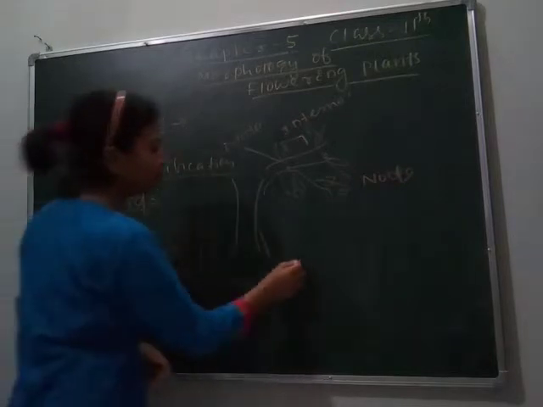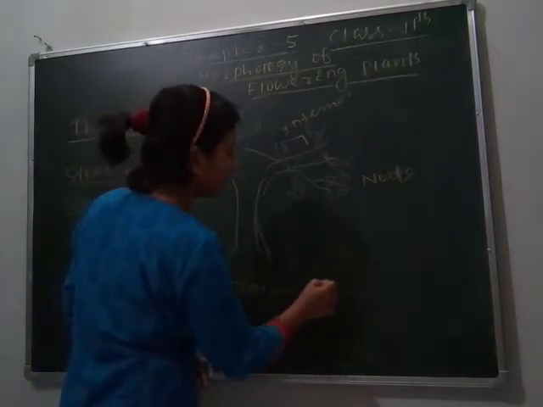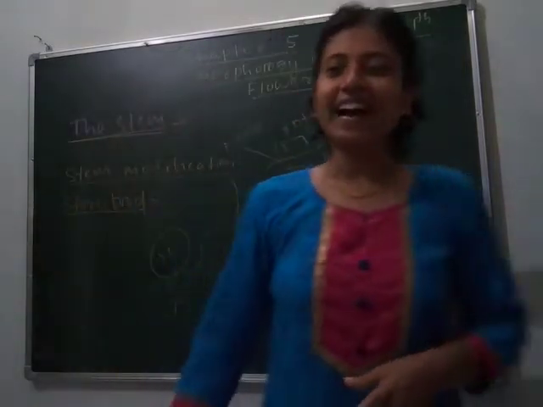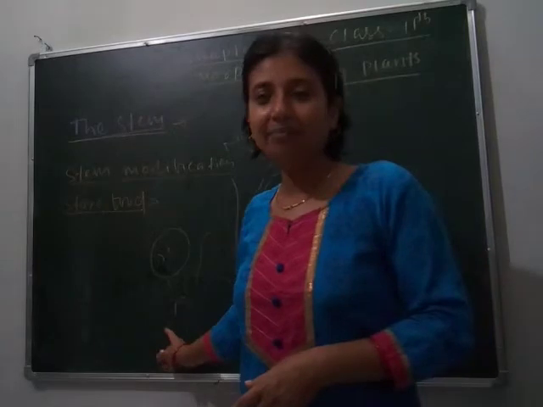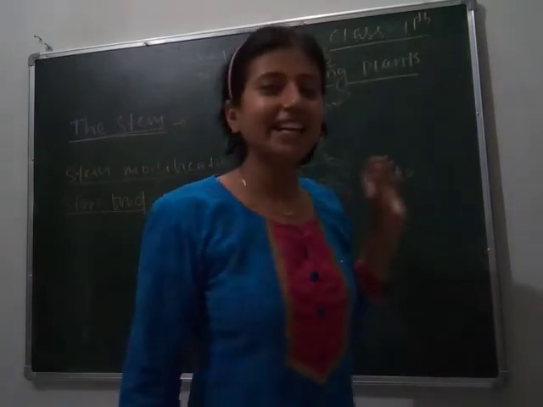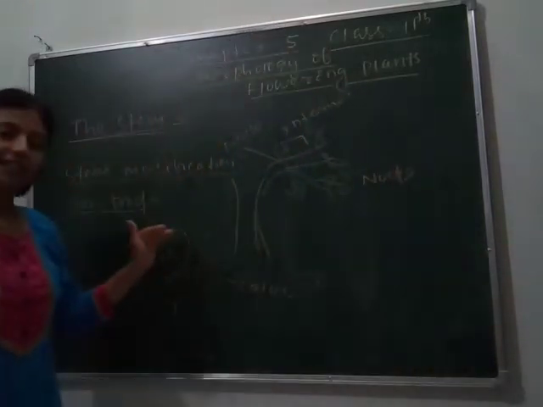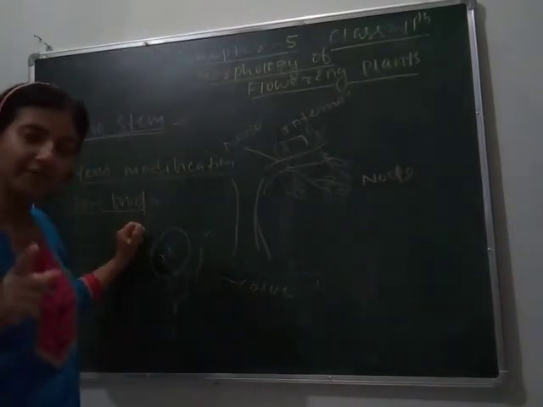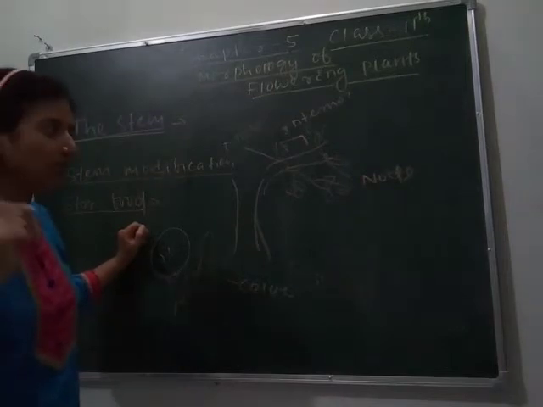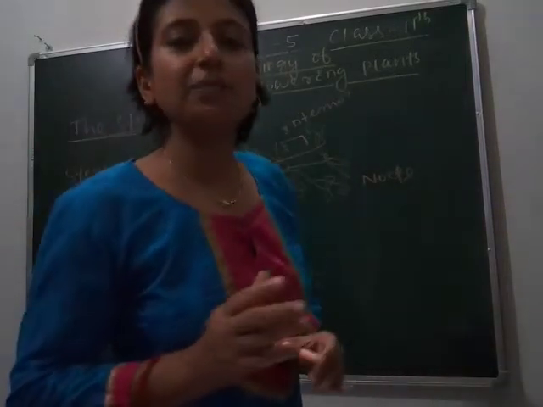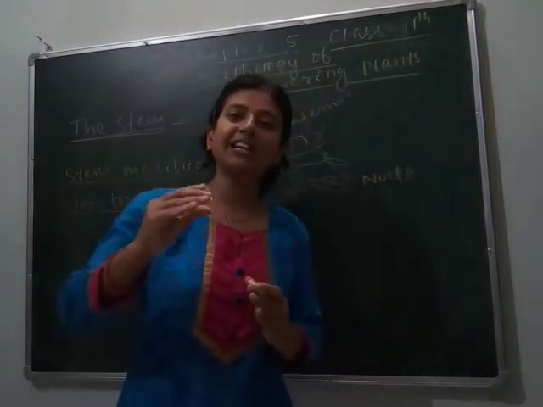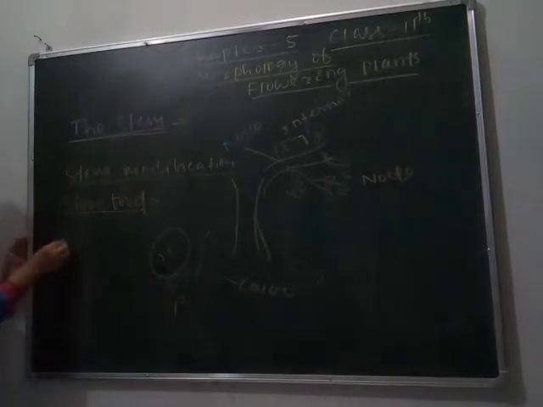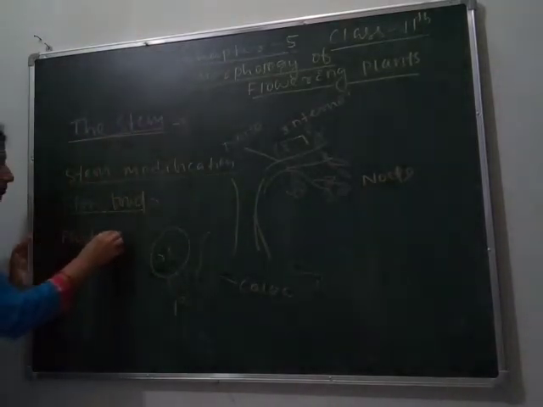Do you know about ginger, which we add in tea early in the morning? You also take tea. So they are modified stems, and in them food is stored and they are used as food. So here stem is modified for storing food. First point you have to understand and remember, stem is modified for storing food. You know about desert plants. In desert plants, stem is modified, means stem has chlorophyll and it is thick for photosynthesis. So next function is for doing photosynthesis.